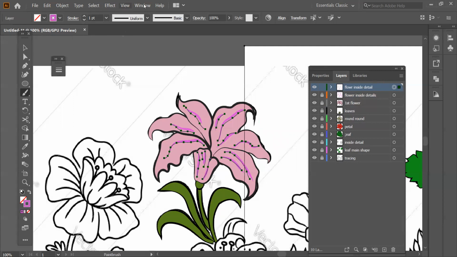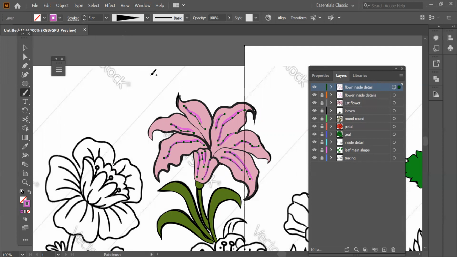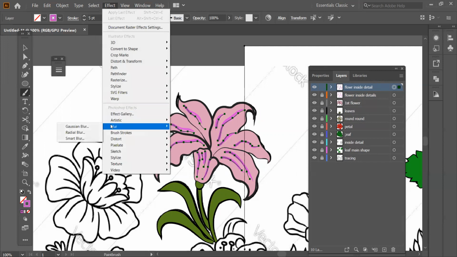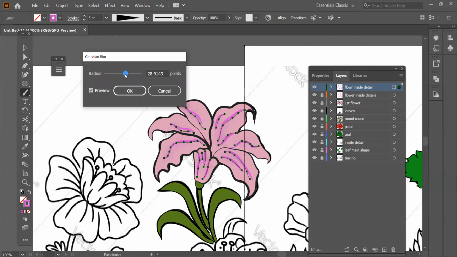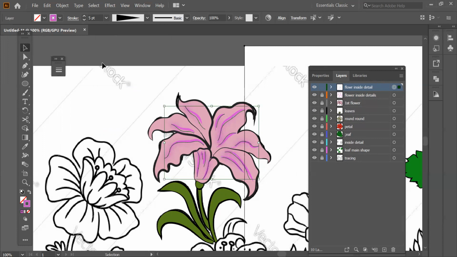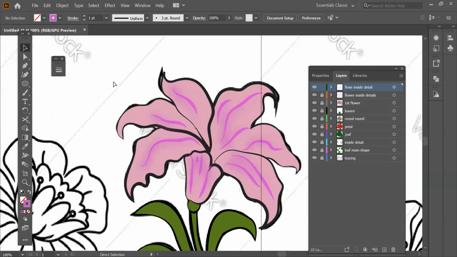I'm just going to apply some style, stroke over there, profile, stroke. And you know what we do to the inside detail as well, like this one, we can apply a little bit of shading effect also. We'll go to effect, blur, Gaussian blur. And I'm just going to apply it and do okay. And now just deselect it and you can see that the flower is glowing right now because everything has turned into a blur, the lines that we have drawn.